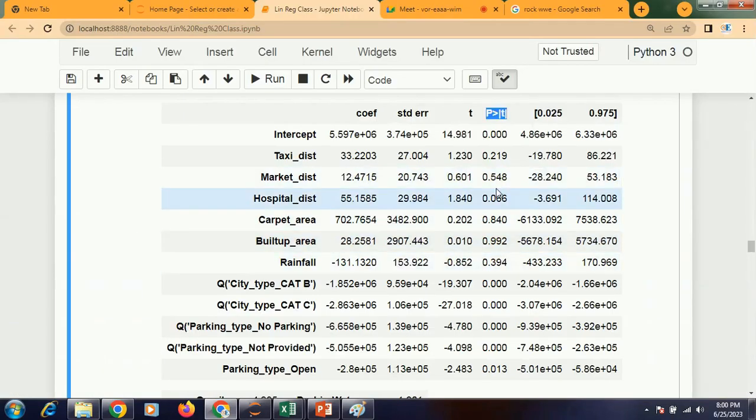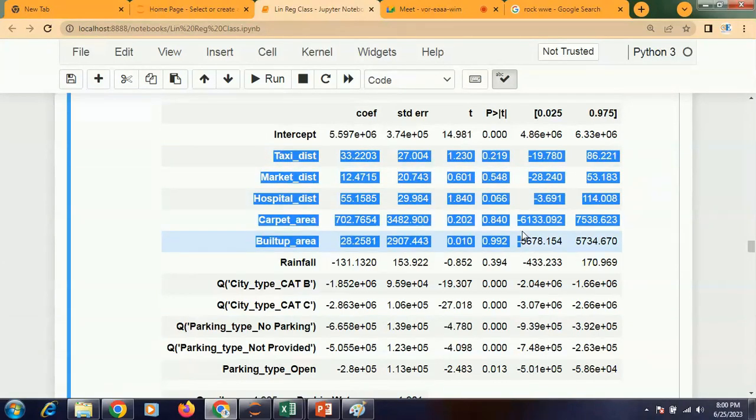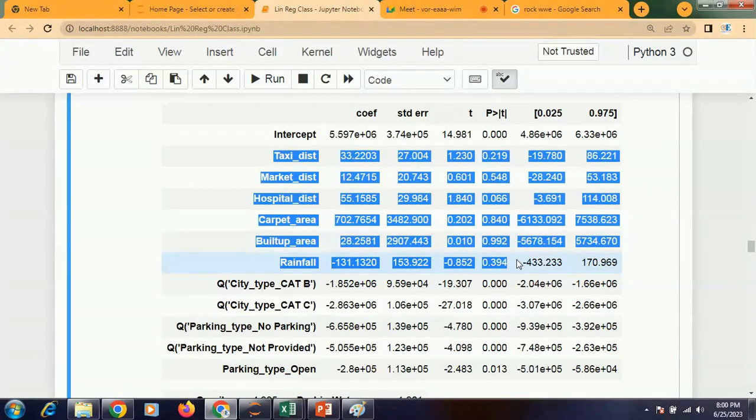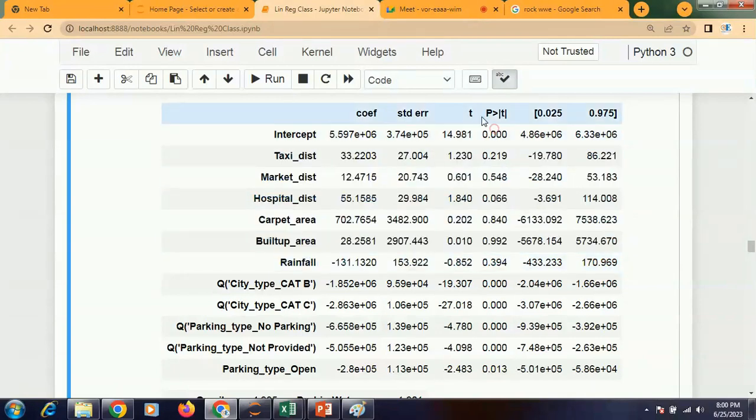There are so many variables, so which one to remove first? Then you need to check this t value. Wherever these values are more than 0.05, they should be removed, but I'm not going to remove all of them together. I should be checking this t value. Wherever the absolute t value is the lowest, that should be removed first.